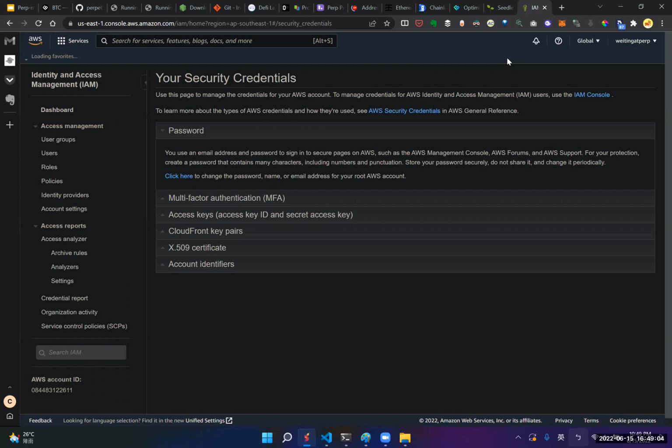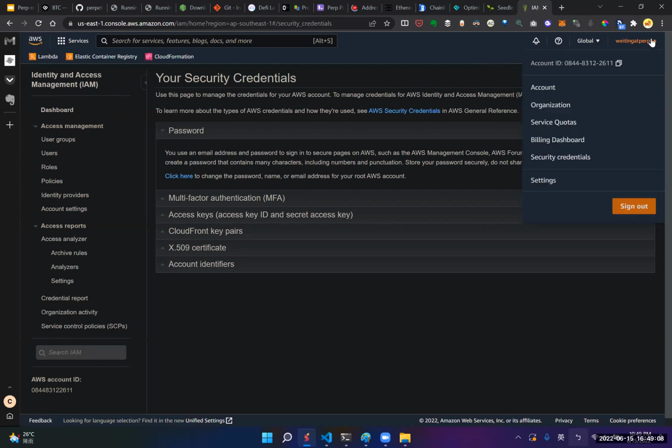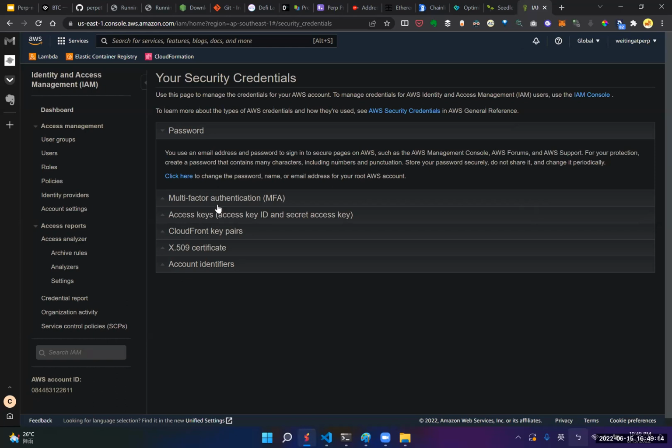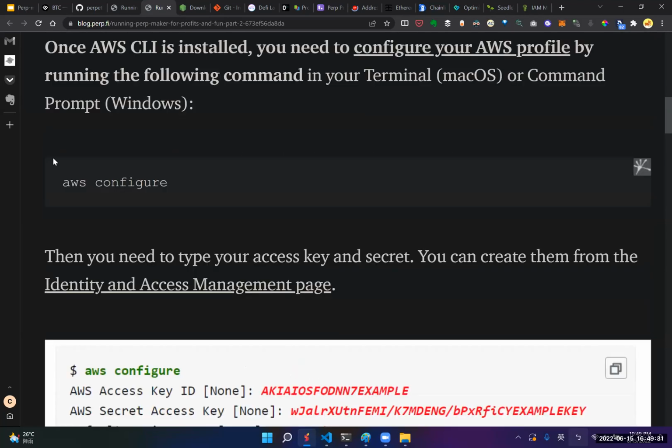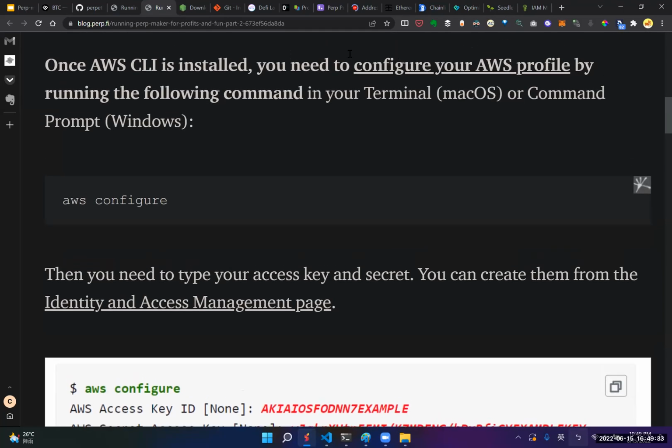Once you register an account on AWS, you click the top right corner. There's a security credentials option. Once you click it, there is an area called access keys. Once you expand that, you should be able to see the access key and your secret. That's the value you need to type once you type your AWS configure command on your terminal